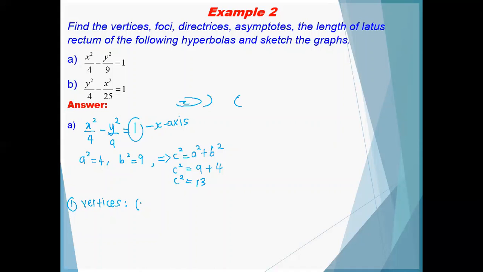a, negative a, 0, memang dekat origin, and a, 0. Okay, foci dia adalah c, c which is square root 13, negative square root 13, 0, and square root 13, 0. Okay, so number 3 is